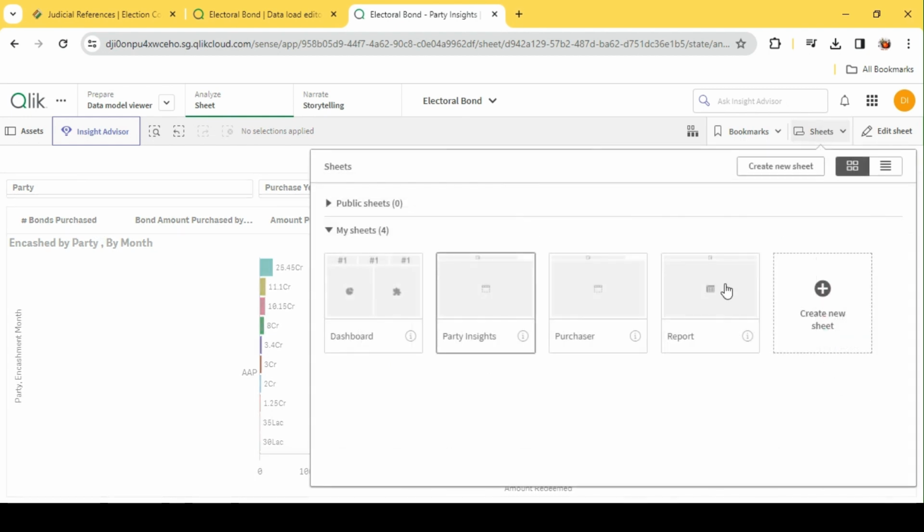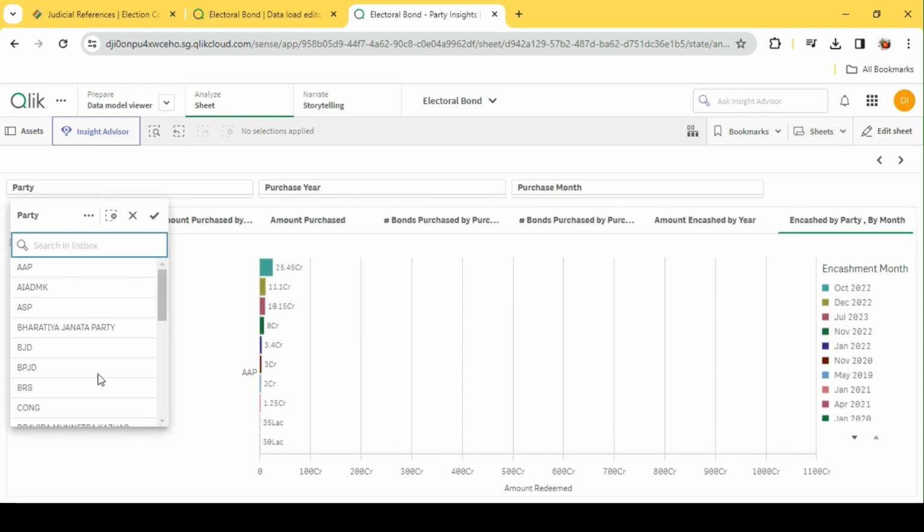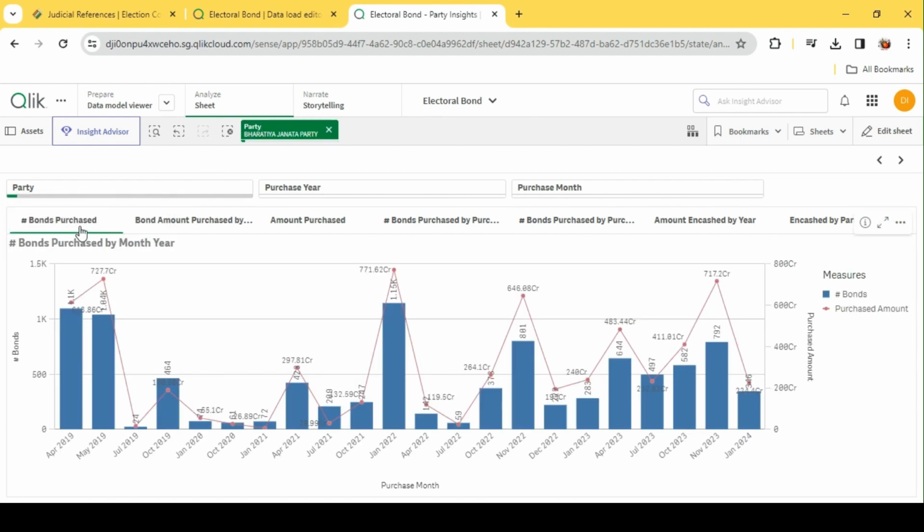So if you have noticed, I have these two sheets, right? One is party based, another is purchaser based. What I have here are the party details. Let's say if I select a particular party, I could see the total bonds purchased by different purchasers. These are the bonds issued by this party, but they were all purchased by other purchasers, right? For this particular party, these were the bonds purchased in this month, and this is the equivalent amount